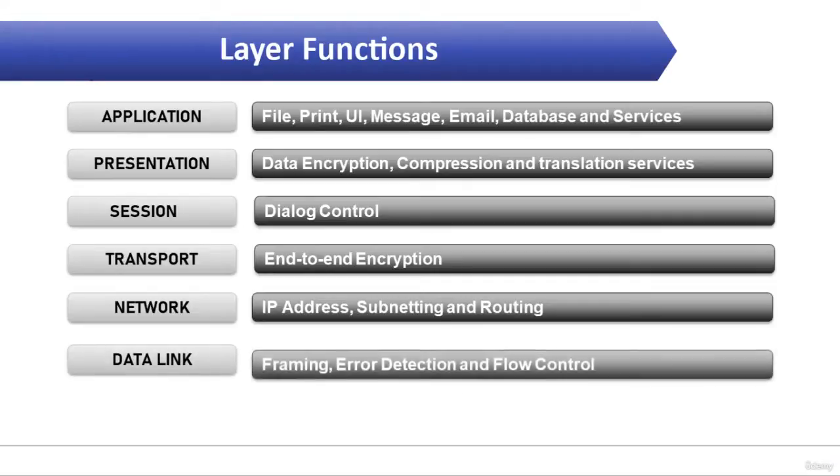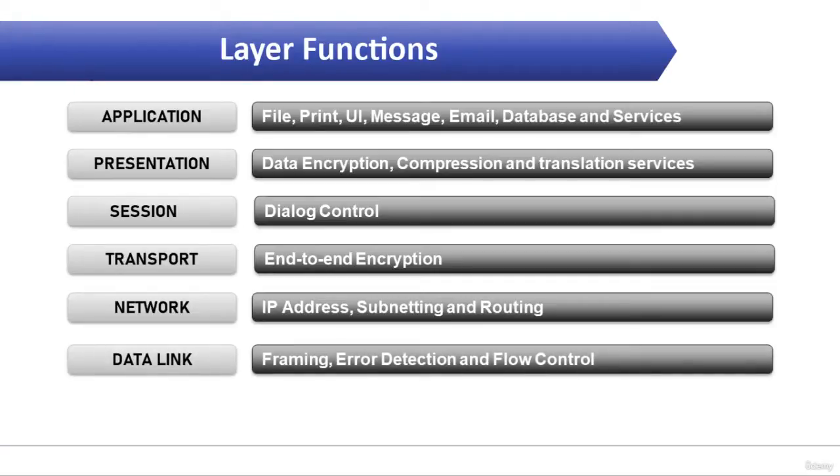The second last layer is the data link layer. The data link layer combines packets into bytes and bytes into frames. It provides access to media using MAC addresses and it performs error detection and not error correction. This is one of the most important MCQs during your placements or your exams: whether the data link layer provides error detection or error correction. The correct answer is that the data link layer provides only error detection. It does not correct the error.